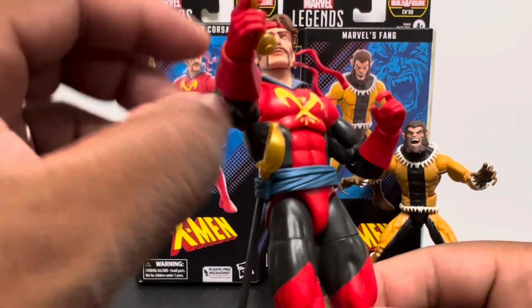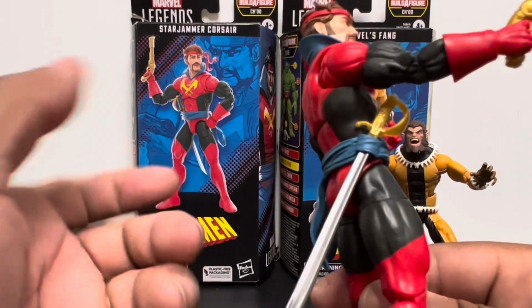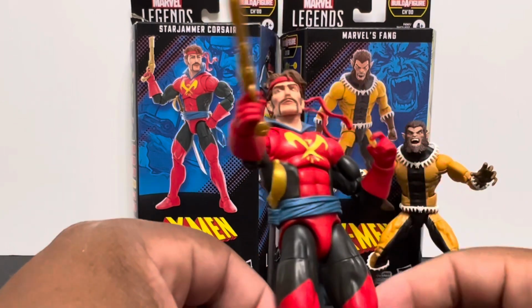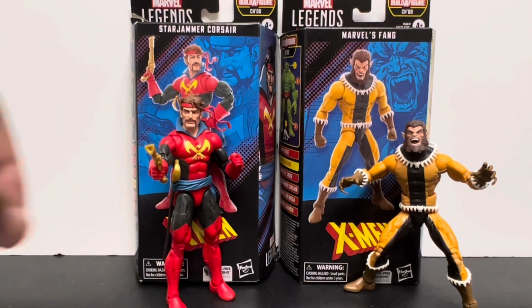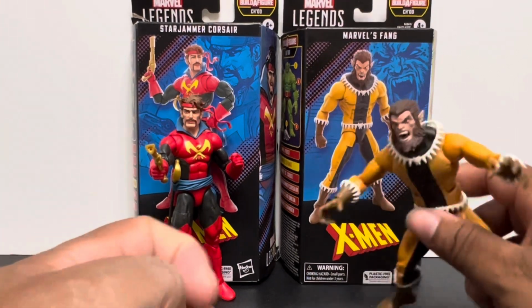Cyclops is dead. Not much to tell. He doesn't have any superpowers. He just has the gun and the sword, and he's a pirate out in Shi'ar space, which I believe is another galaxy. Now, one thing I wanted to do, I'd be remiss if I didn't,